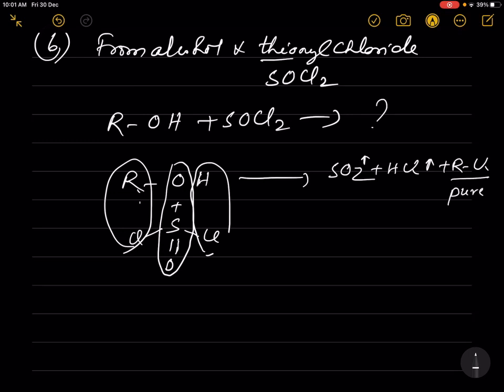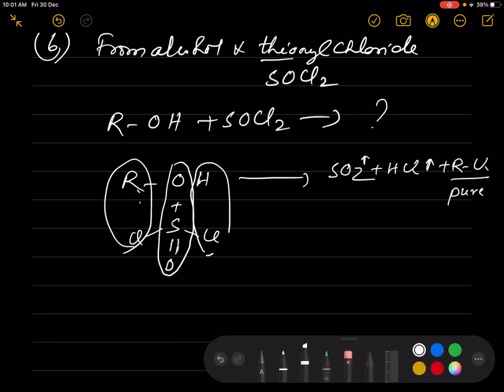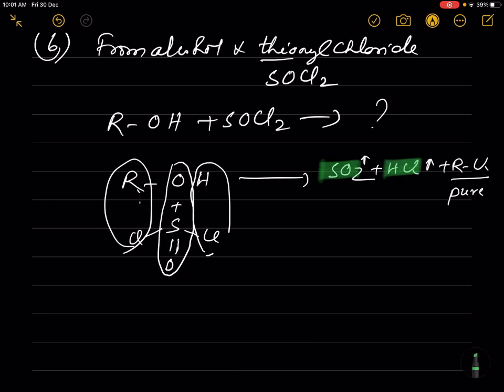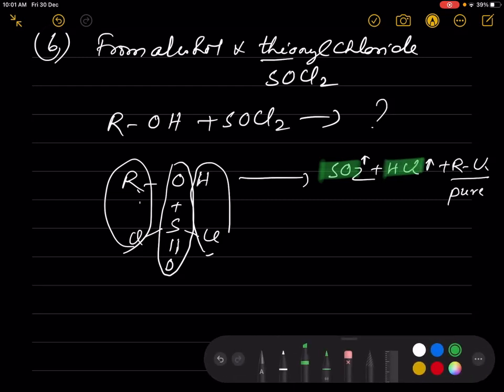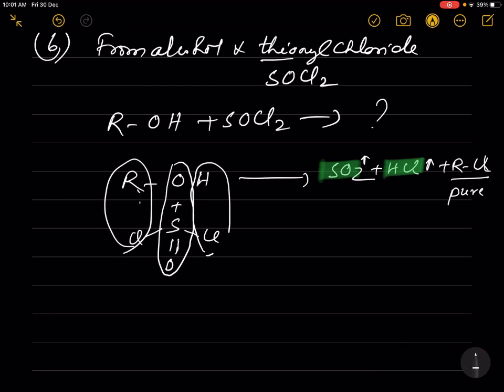Why? Because this SO2 and HCl escape as gases. So RCl is produced in pure form. This is the most suitable method to prepare alkyl chloride from alcohol. When alcohol is treated with thionyl chloride, it gives alkyl chloride in pure form as SO2 and HCl escape as gases. Next,